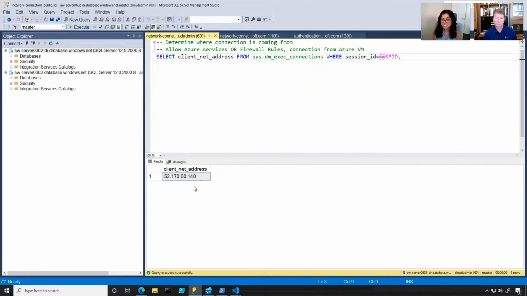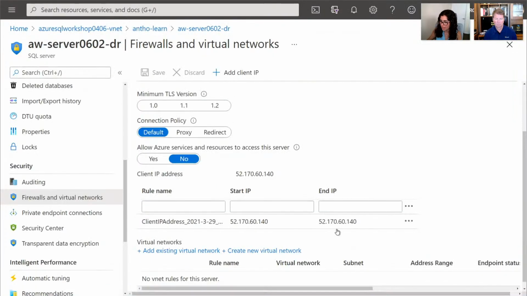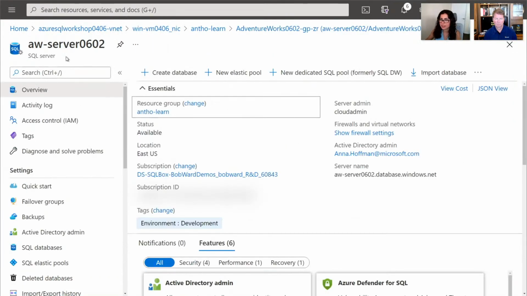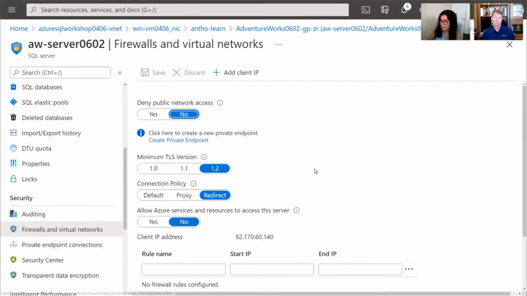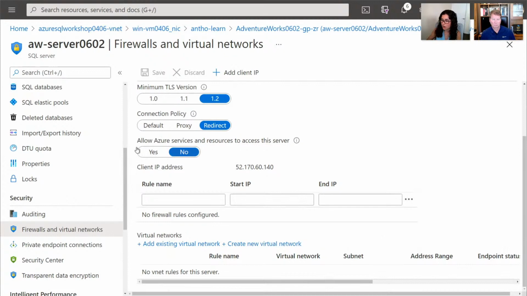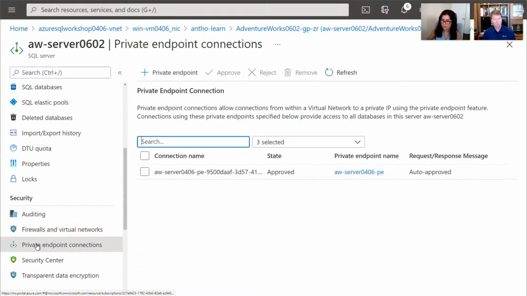Now, when this changes is if we decide to use virtual network rules or private endpoints. Let me just show you real quick. I have another Azure resource here. Now, this is the non-DR server. And down in firewalls and virtual networks, I can see that I've actually turned off allow access to Azure services. I don't have any firewall rules configured, and I don't have any virtual network rules. Now, if I go into private endpoint, I can see that I do have a private endpoint that is enabled